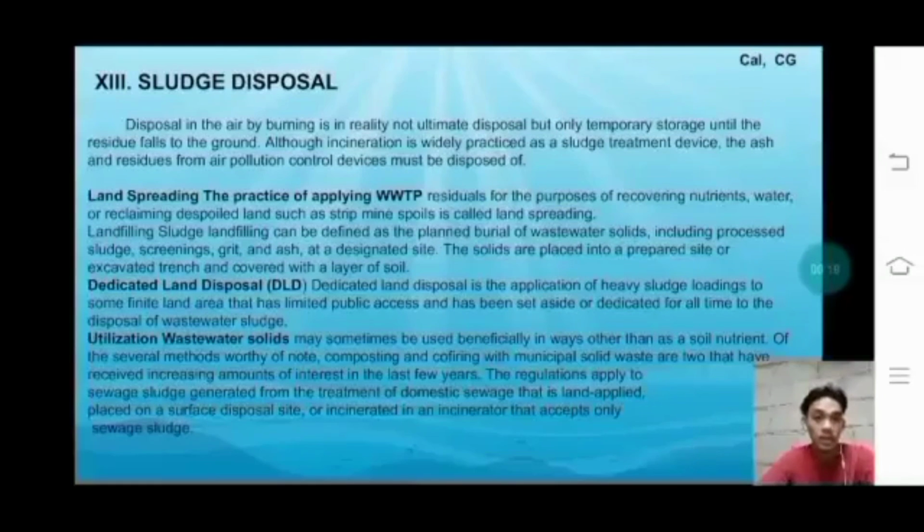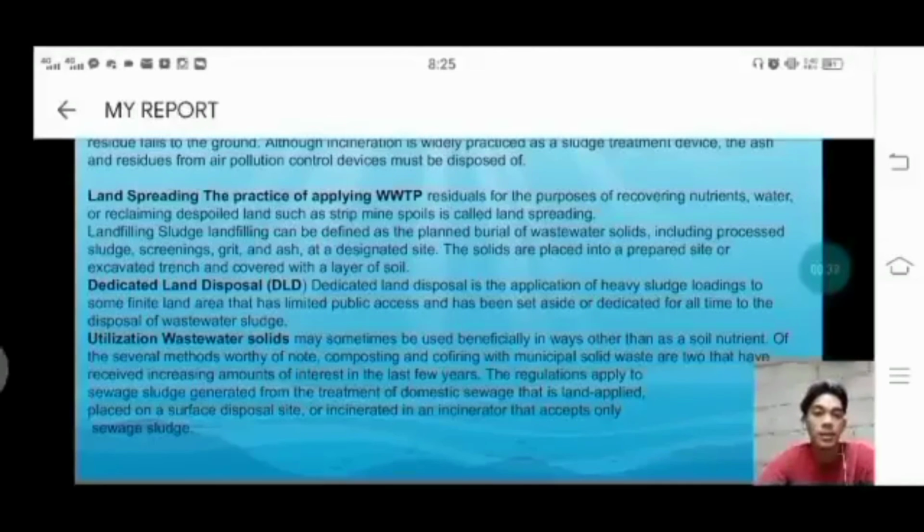Landfilling sludge can be defined as the planned burial of wastewater solids, including processed sludge, screenings, grit, and ash at a designated site. So mostly in this case,